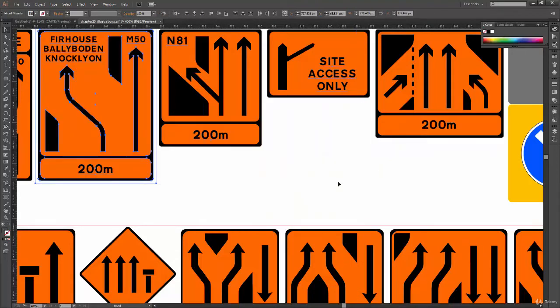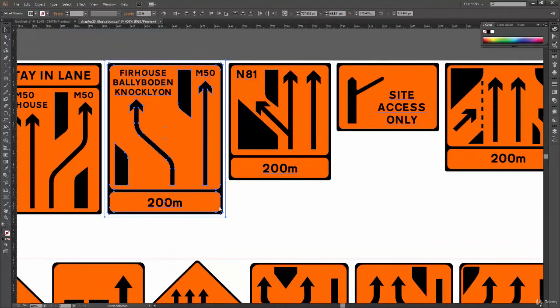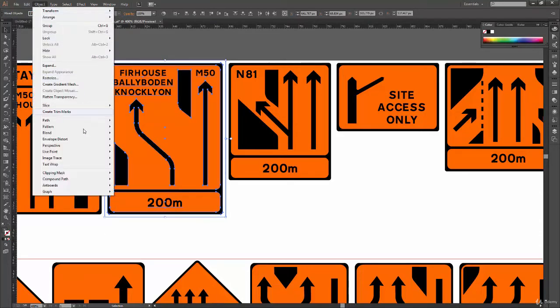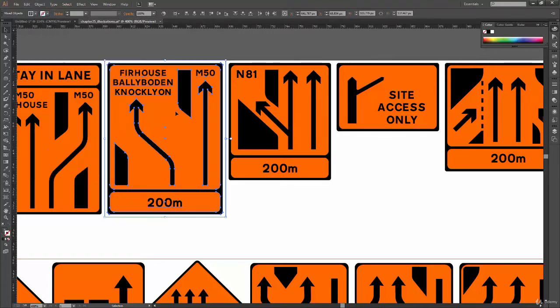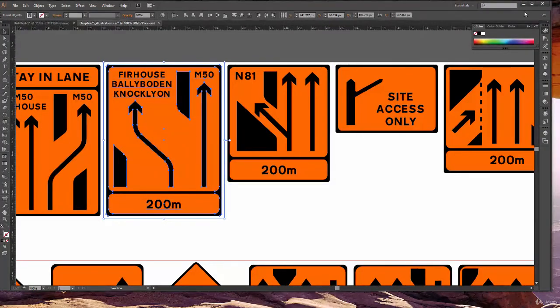So let us just undo right now and group this together. Now, how do we group it? To group it, you have to select all the shapes you want to group, and you can go to Object, Group. The shortcut key is Control G for that. Either from here or you can right click and say group. The option is also available here, or you can just press Ctrl G on your keyboard.